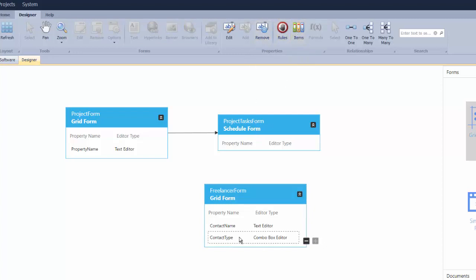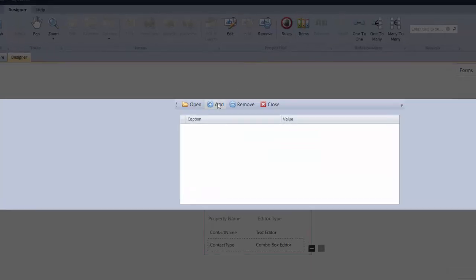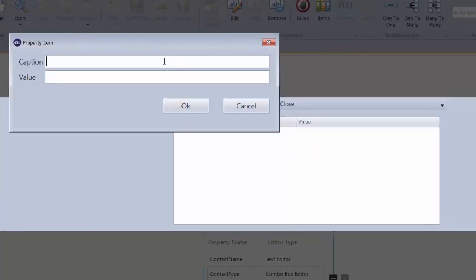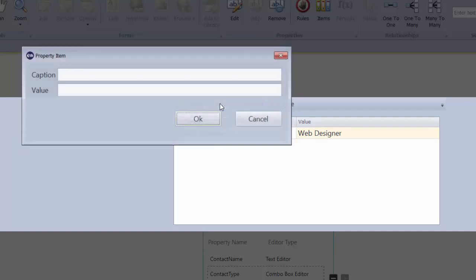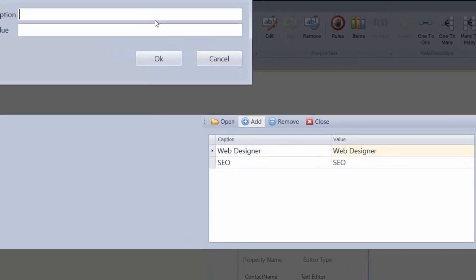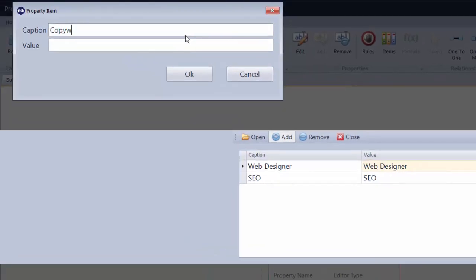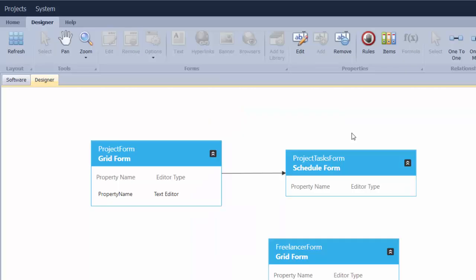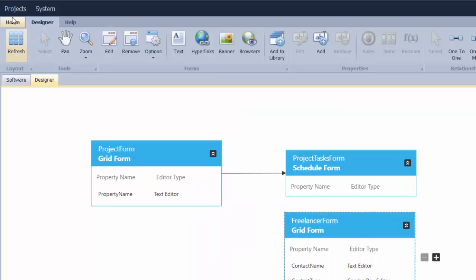So we click on the property, click on the items, and then we can add the different types of items. Copywriter, and you can continue to add more and more as you go. Okay, now let's run this real quick